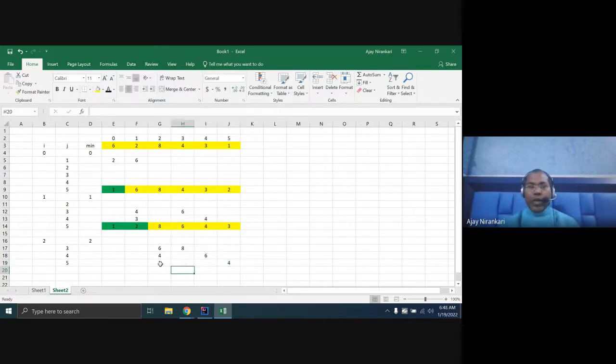So at the last, you find 1, 2, 3, and this is 8, 6, and 4. These are in the green color.